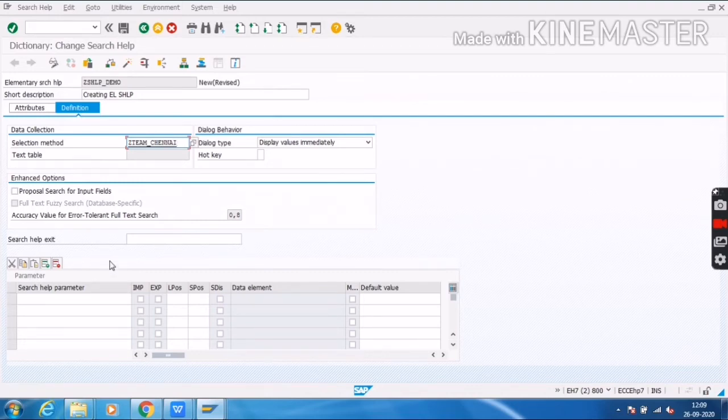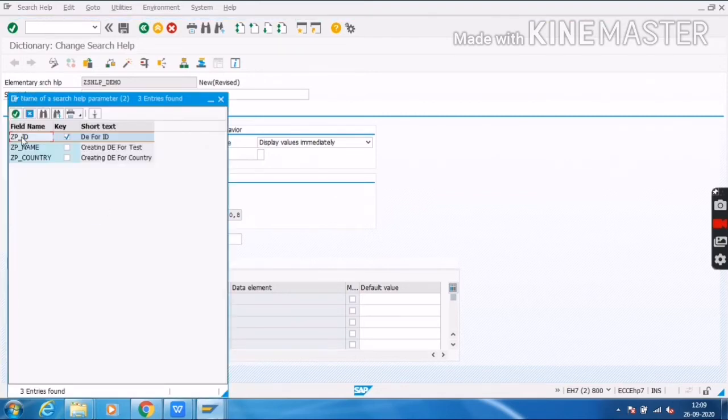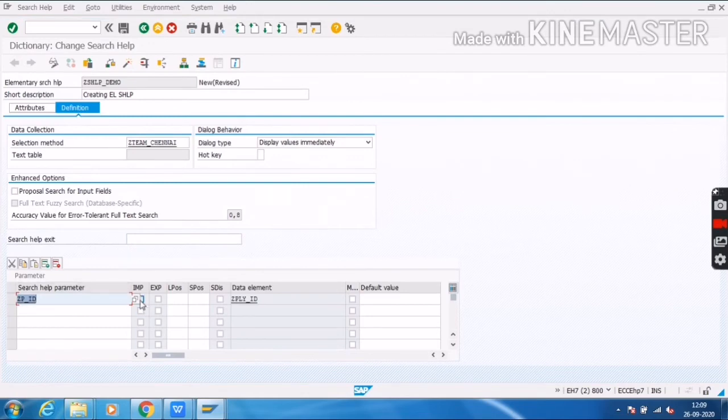Now I will go to the search help parameters. Here I will select employee ID as an import and export parameter, position 1.